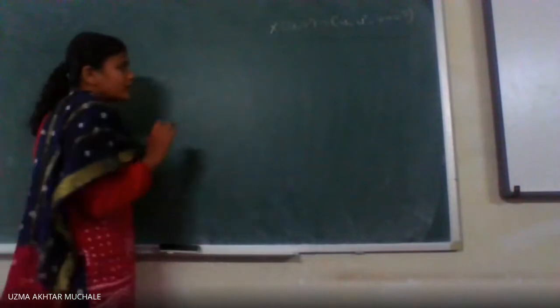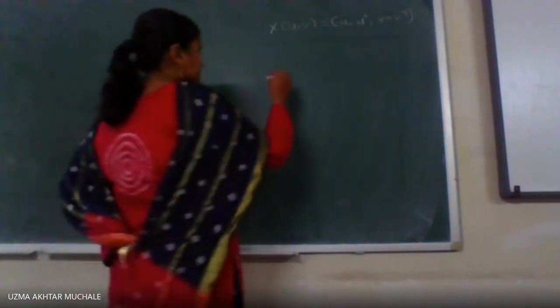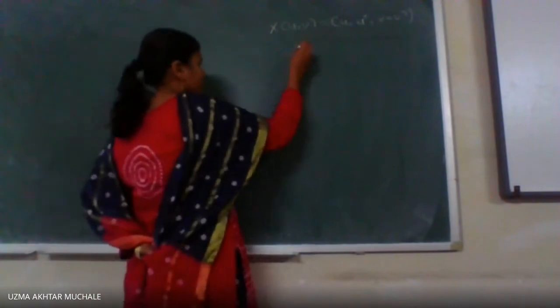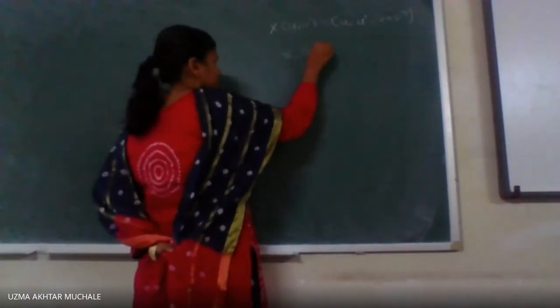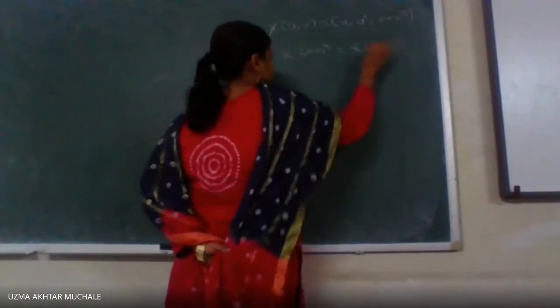Okay. So what we have to find out is whether this mapping is a patch or not. Instead of saying a coordinate patch, we are just saying it is a patch. First we will verify whether the mapping is 1-1 or not. So let us take x of u1, v1 equal to x of u2, v2.